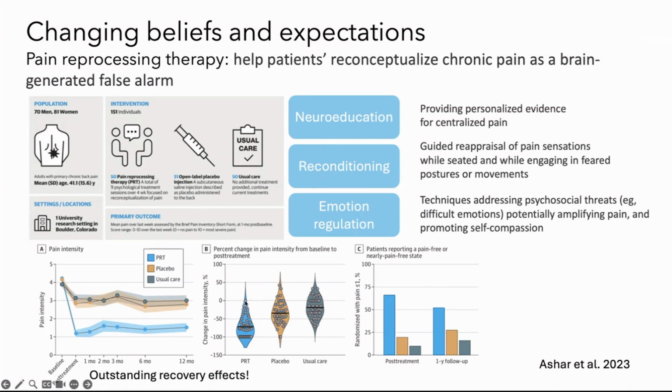And again, this psychological intervention focused on 3 key aspects. The first one is called neuroeducation. Basically, you teach patients about the things that we've been discussing over the last hour. You teach them that their brain plays a big role in forming their own pain experience, and that the brain can either downplay or upregulate nociceptive input arriving to the brain. When patients learn that their brain plays an active role in their pain experience, they are able to try to change some of these beliefs, and as a consequence, they might have different expectations about a given treatment.